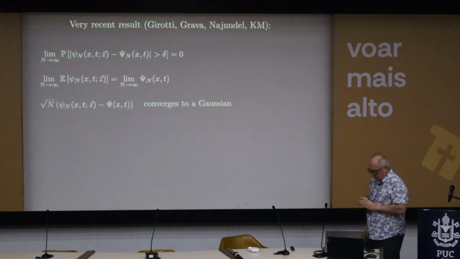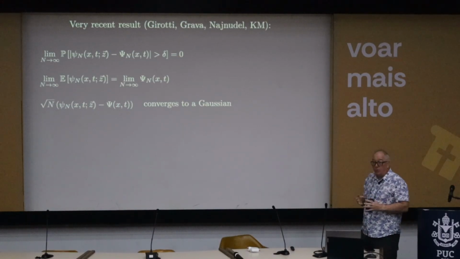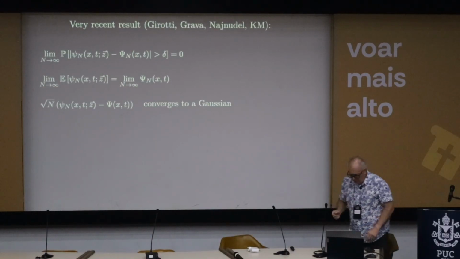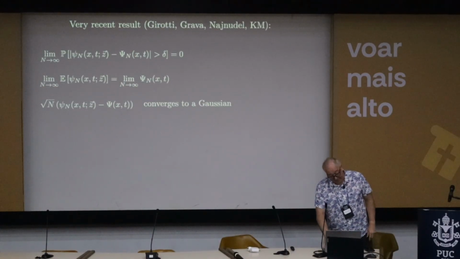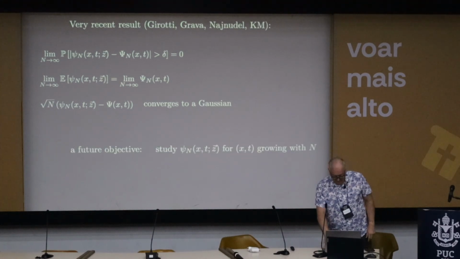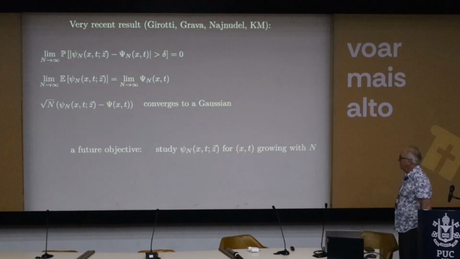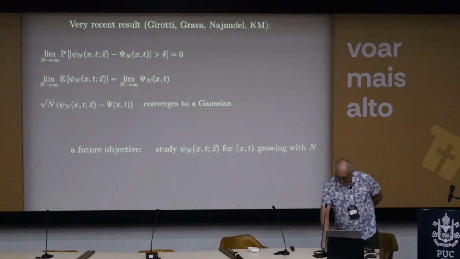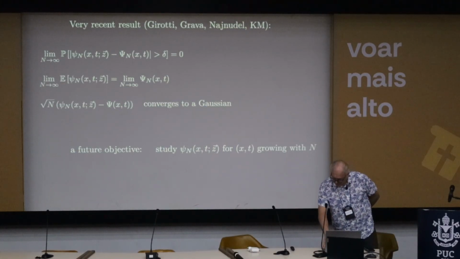If x and t are in sets which grow very slowly with n, it still holds true. But the really interesting thing to do next is to try to understand the behavior of these fluctuations when x and t are growing at a sufficiently large rate that it's no longer Gaussian. That's what's really interesting, and okay, that's ongoing. And so the future objective is really to study the fluctuations when x and t are growing sufficiently fast with n that you don't have central limit theorems. Okay? Is it going to be Tracy-Widom type results or something else? We don't know.